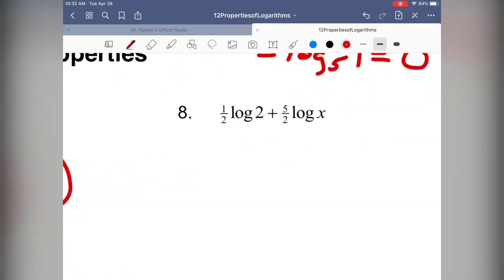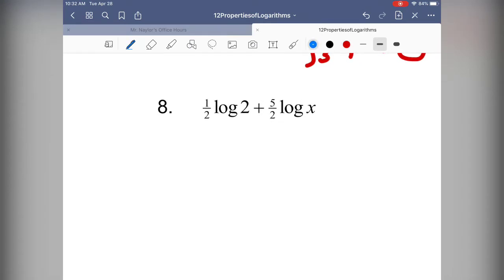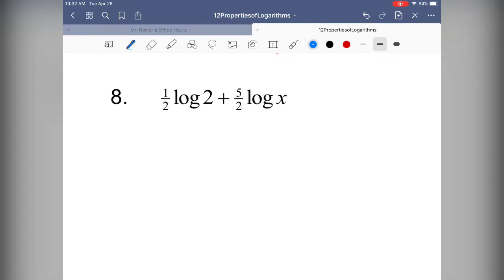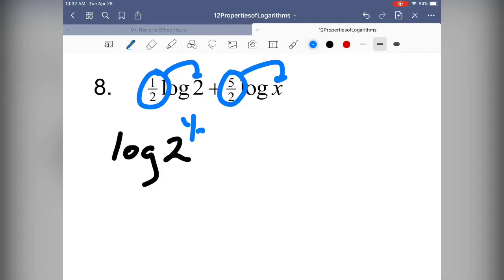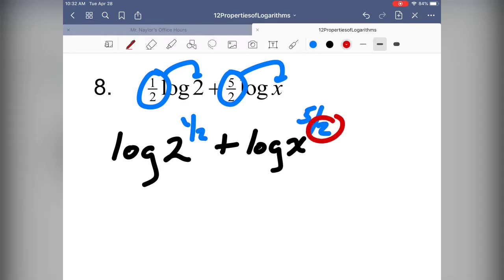What if we have some fractions? Sometimes when students see fractions, they start to get a little scared or think that you can't do it. But there's no reason you can't bring these coefficients up as exponents. That's what we've done now a number of times, and it still works that way. So we have an exponent of a half, and we end up with an exponent of 5 halves. Now, there's something I need to show you here, just to help you continue to grow in your understanding of logarithms. If I have an exponent that has a denominator, and in this case, both denominators are the same, I would be able to write those as